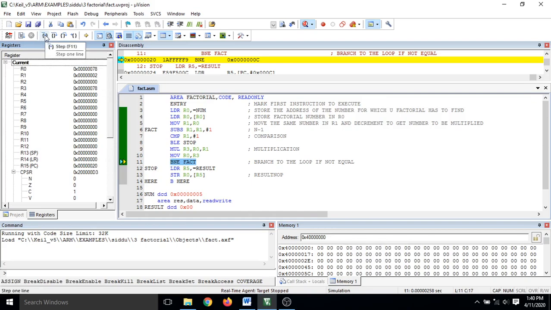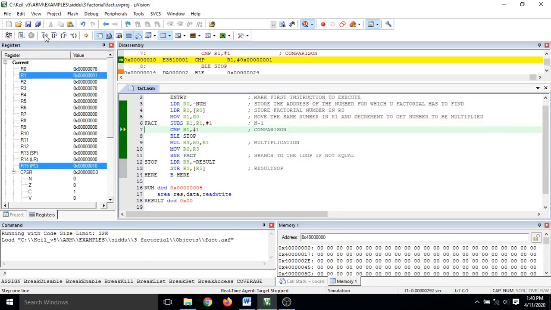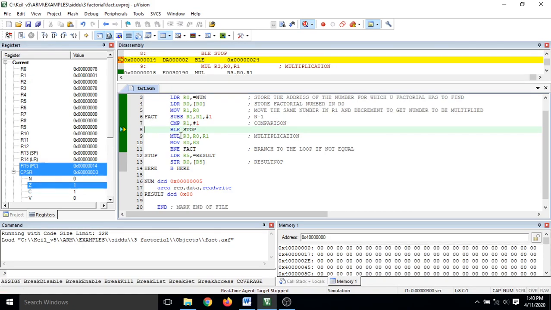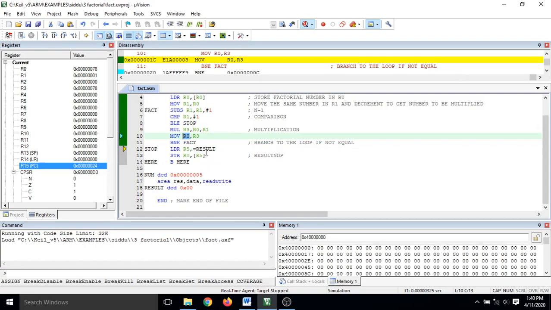So I'm going to subtract it one more time, as it is equal to 1. As soon as these two values become equal, the zero flag in the CPSR register will be set and make the processor jump to a specified address, which is specified by the label stop. So now, as my result was already stored in R2,